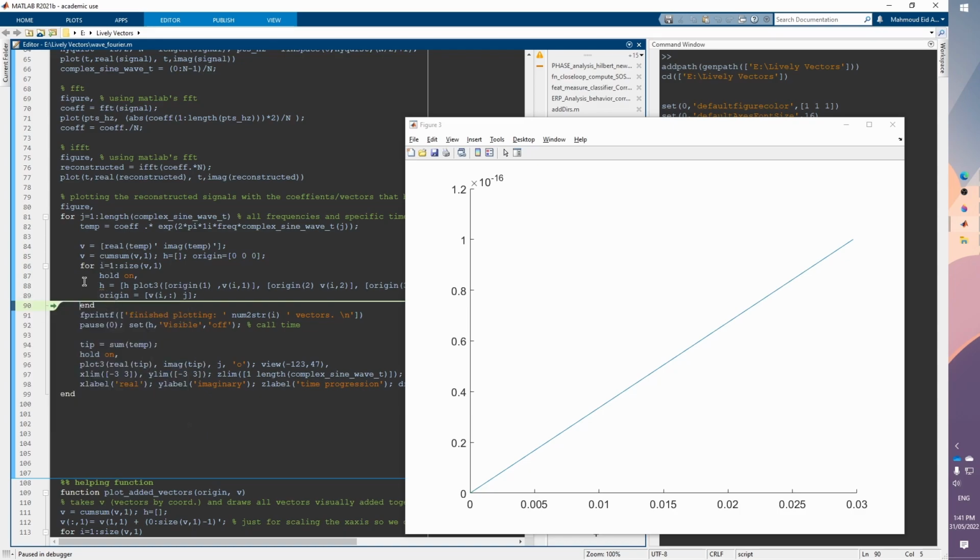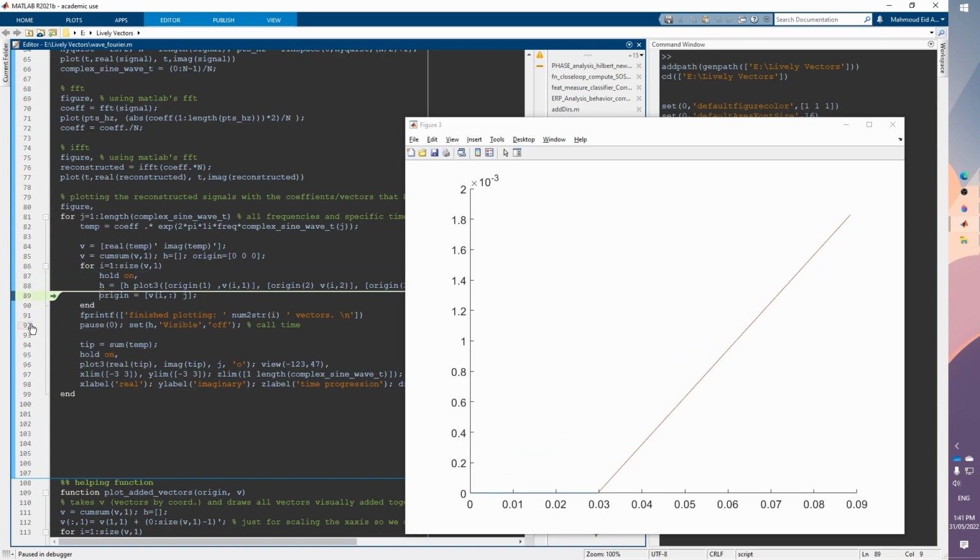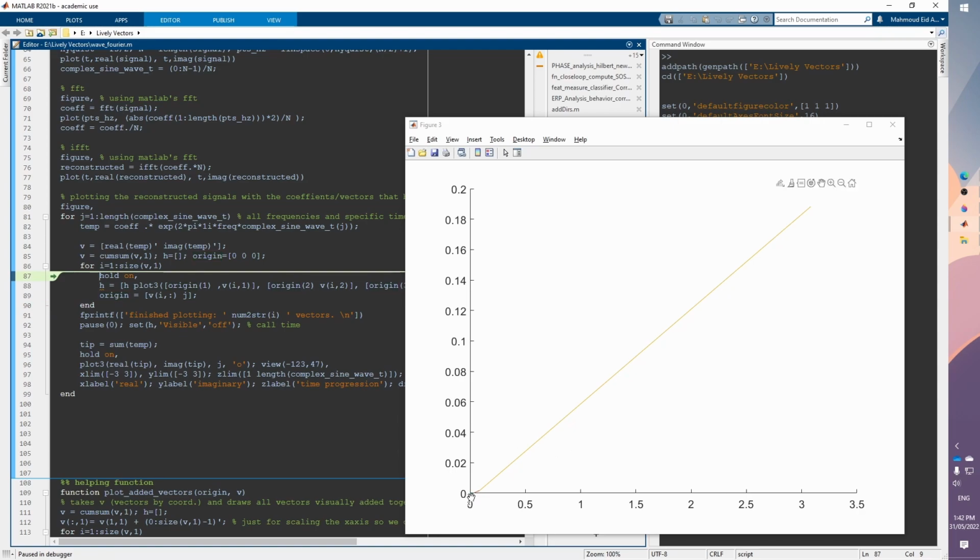So basically when we end this loop, I'm here plotting all of our vectors together. So this will go around 100. You see, this is the second vector added to the first vector, and so on. You see, we are adding the vectors together. So the first one was here, and the second here, and the third is here. And so on. You see, all of these vectors are being drawn and added together to go to a specific